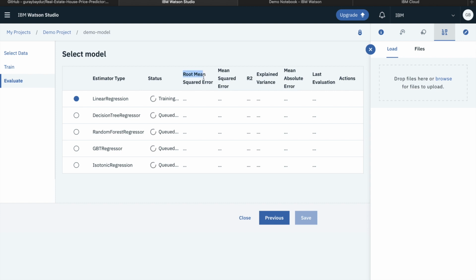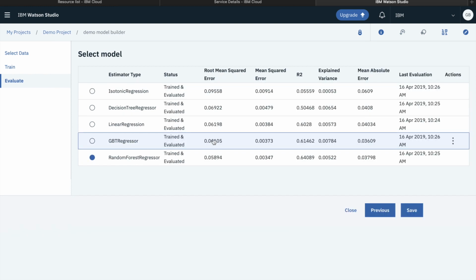And here you will see the root mean squared error and other error types, also R-square and other detailed explanations. After the completion of the algorithms in the queue, we observe the